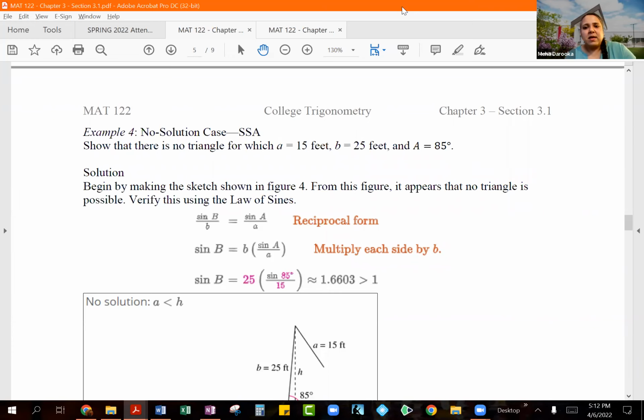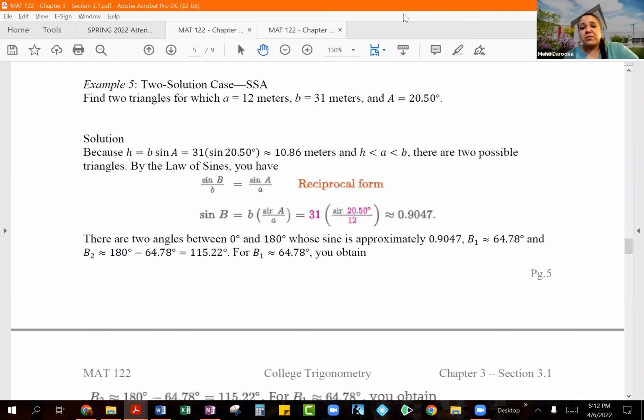Okay. And then, of course, you have the case where you can have two solutions for the given condition. So this one over here,